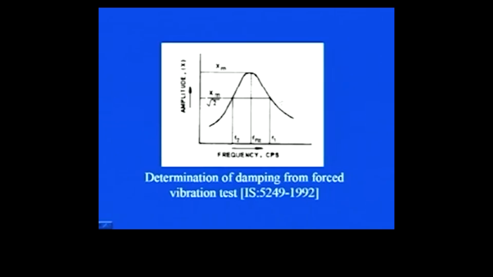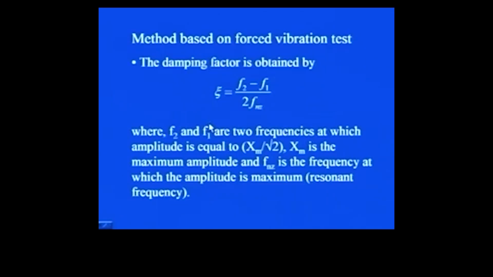If you draw a line parallel to this frequency axis, that line will intersect this curve at these 2 points. One point is this, another point is this. Corresponding to these 2 points you have two frequencies, f1 and f2. So, the difference of f1 and f2 is used